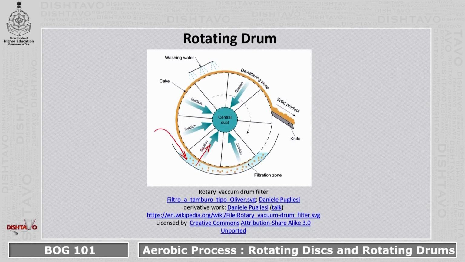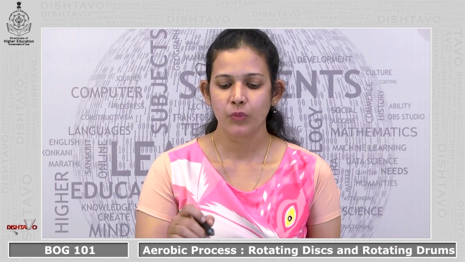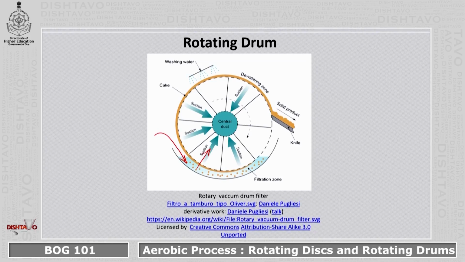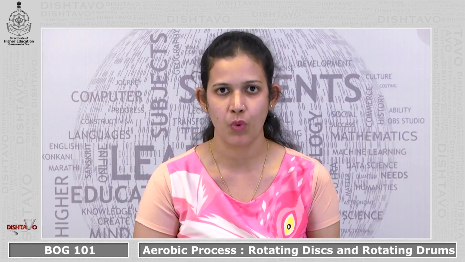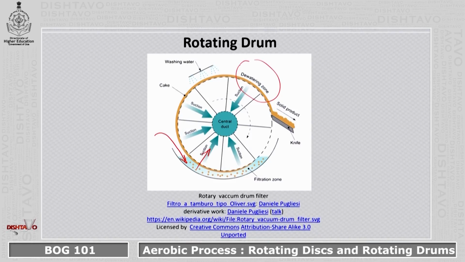The waste solid which has adhered onto the surface of the rotating drum will be attached completely onto the surface, and when the rotating drum during rotation moves towards the outer side of the water, it will move into the washing unit. That is, the solid waste is exposed to water for washing. Further, it will move into the dewatering zone, where the excess water on the solid waste will be removed, and further the solid will be removed from the drum using a knife. This knife will be